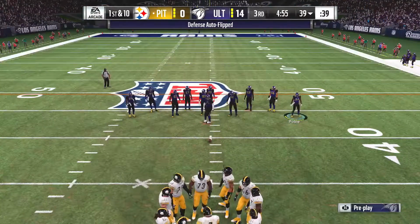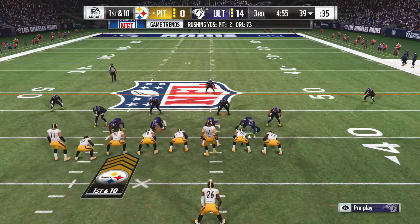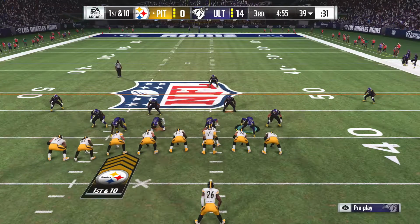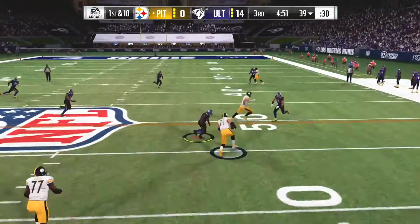The Steeler offense now with a football first here to begin the third quarter. They come out here with a 0 on the scoreboard. What was said in that locker room? That's what I want to know. I would love to have been in there because we often have the feeling that...